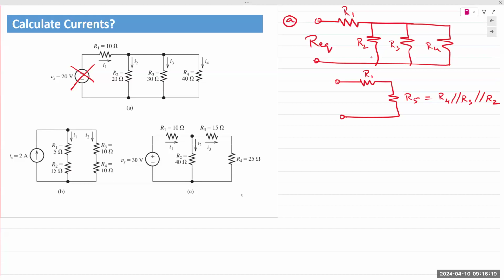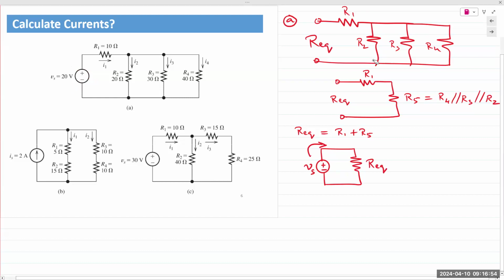So our total Req measured between those terminals is R1 plus R5. Again, in this case, it's a simple calculation. And then you plug it back into the circuit, and you can calculate the total current I that is being supplied by the power supply, voltage Vs. Right? Now, if we go back to the original diagram,